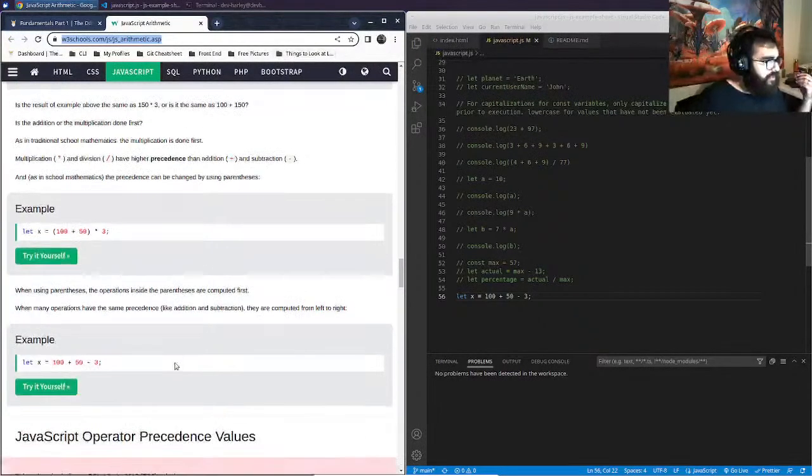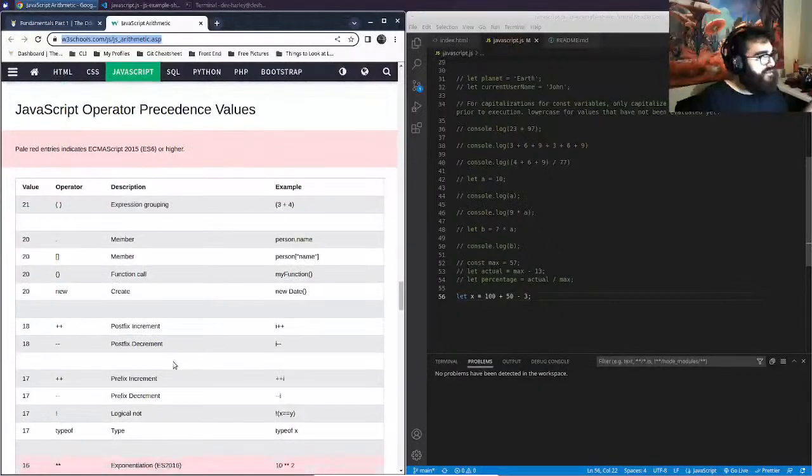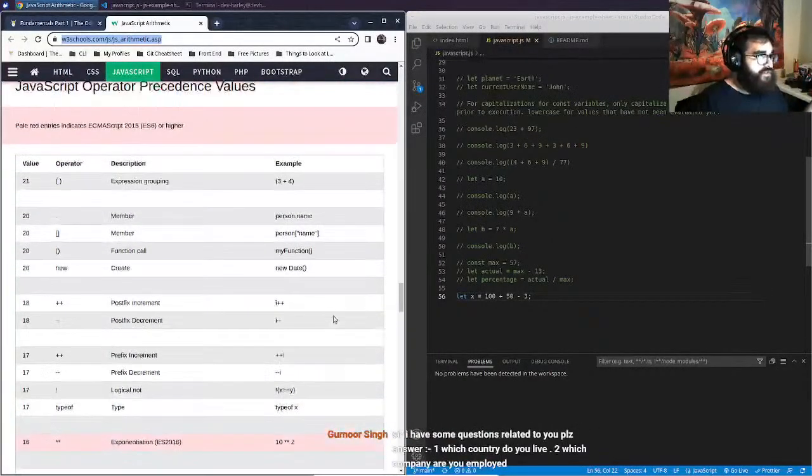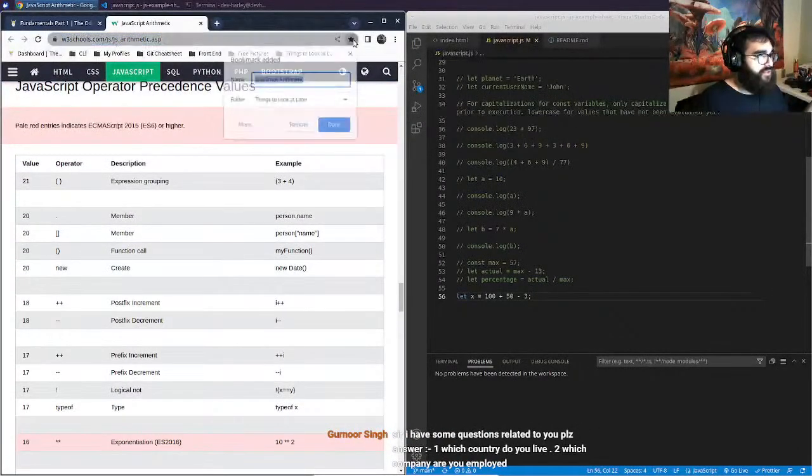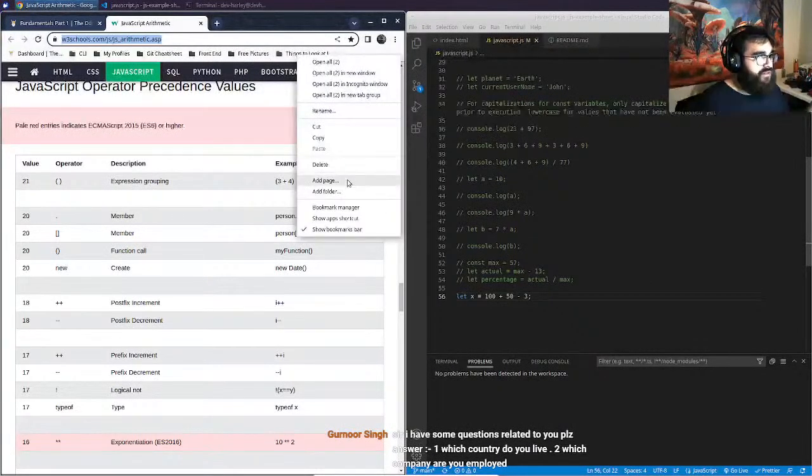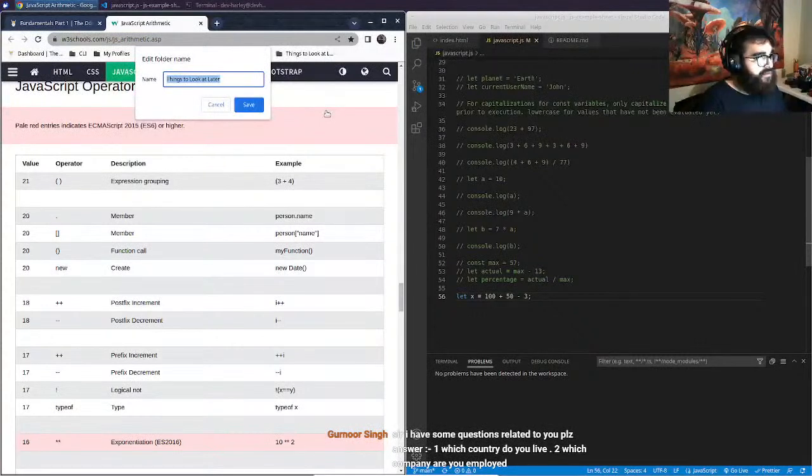So, what else have we got in here? I think that's, oh, here's the expression precedence. So this is going to be a very useful page. So this is going to be a things to look at later type of thing. And we might need to rename this one to